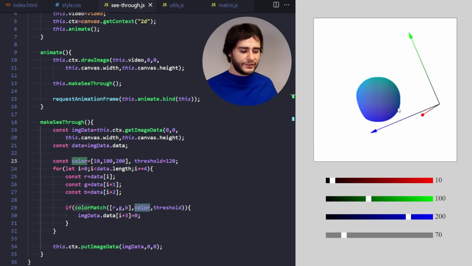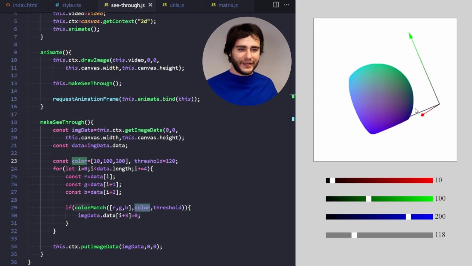Like some places my shirt is almost black, so you would like this to go closer to black, but not really include black itself, because my hair is also black. Okay, so let's go back to the code now here